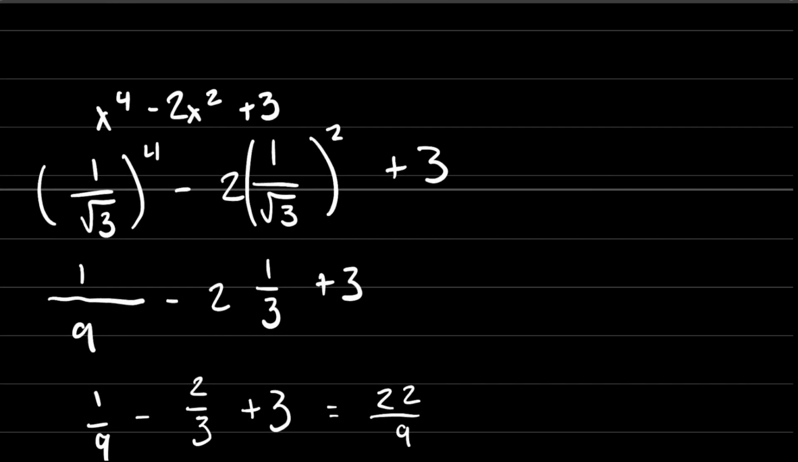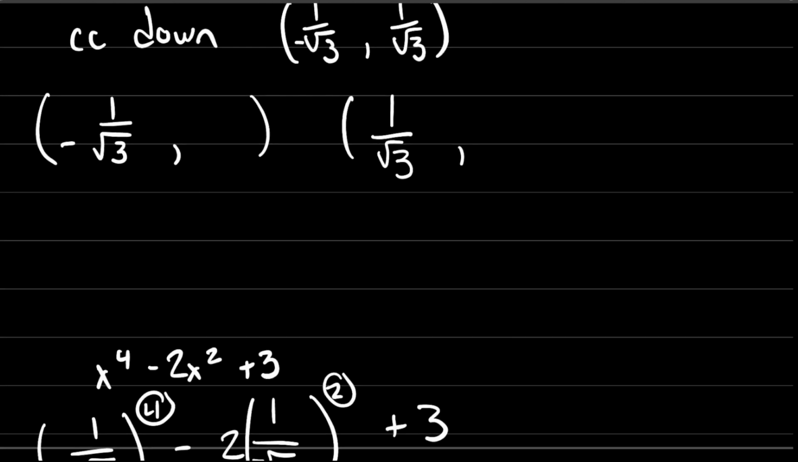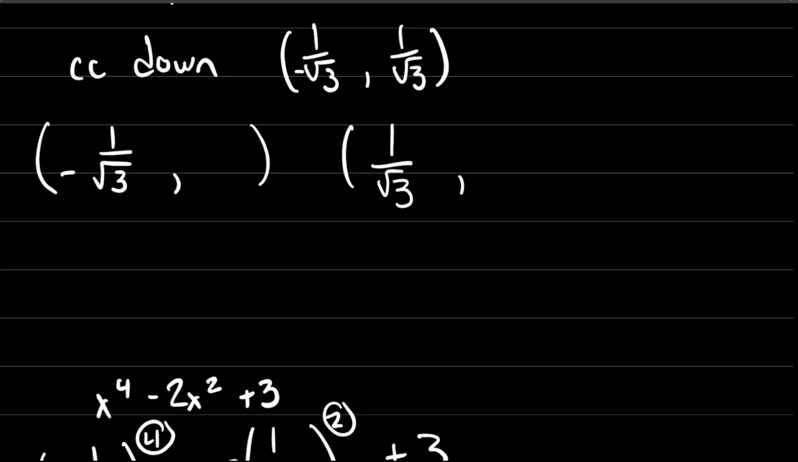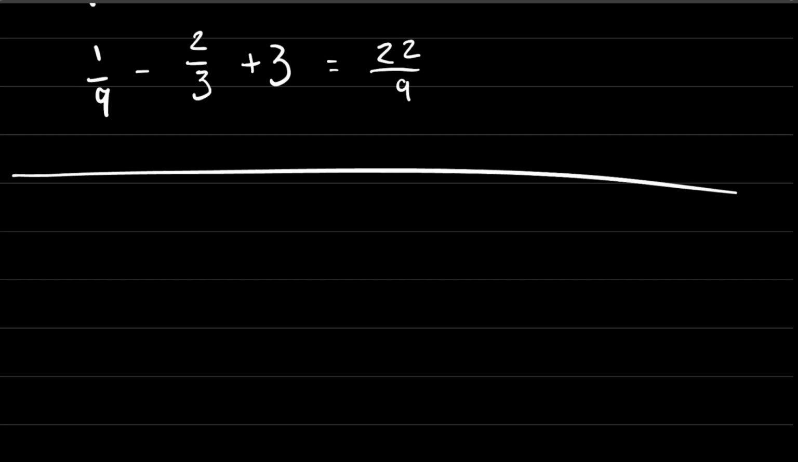And it's going to be the same regardless of whether you use the negative here or the positive, because both of these are even exponents, which means the negatives will cancel out. So our two inflection points are -1 over √3, 22 over 9, and positive 1 over √3, 22 over 9. So that finishes up 11C, and we are going to move on to